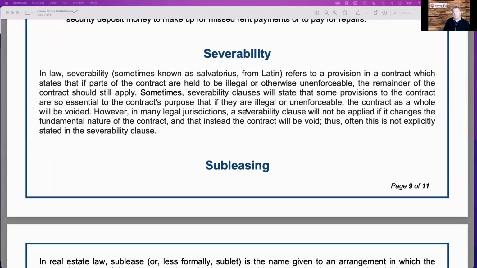If the governing law, which we covered in another podcast, finds any part of your lease to be invalid or unlawful, severability just means that because that one clause or that one thing is unlawful, it does not invalidate the entire lease. So if one part of the lease is not valid by law, that piece is not going to be applied to you, but all the other parts of the lease will be. Having a severability clause is what protects you from that.